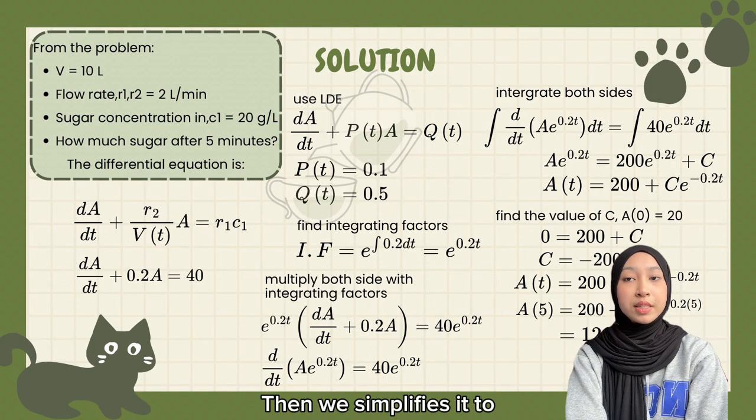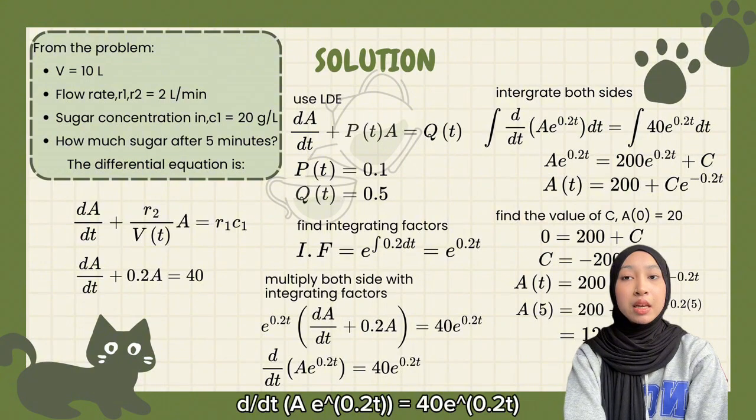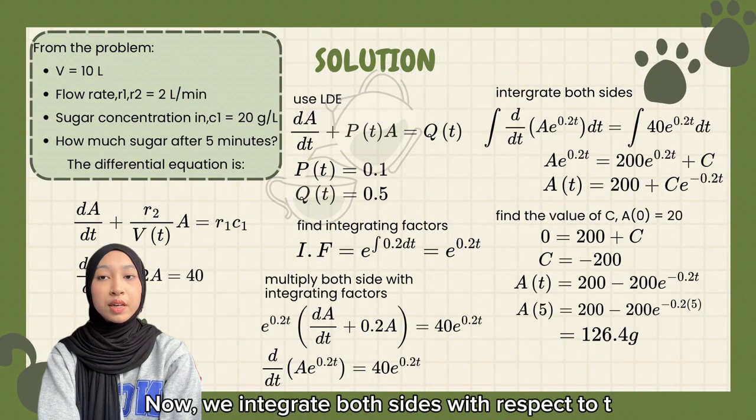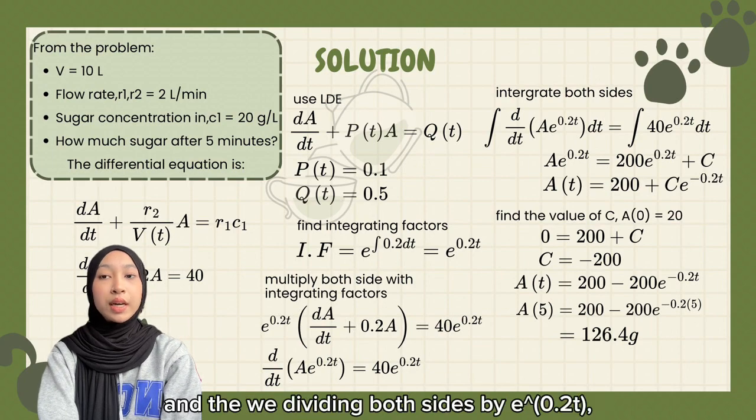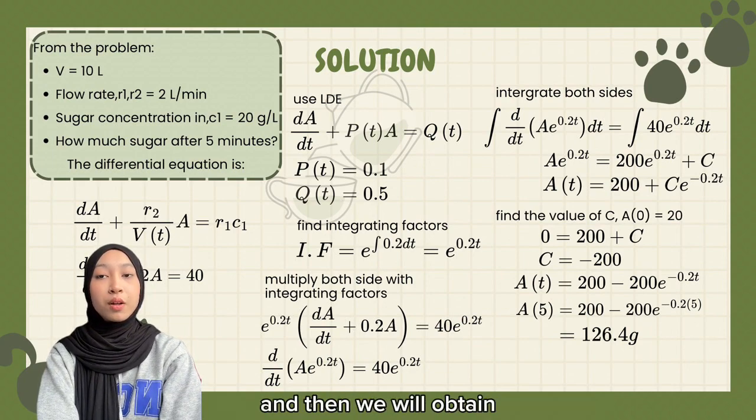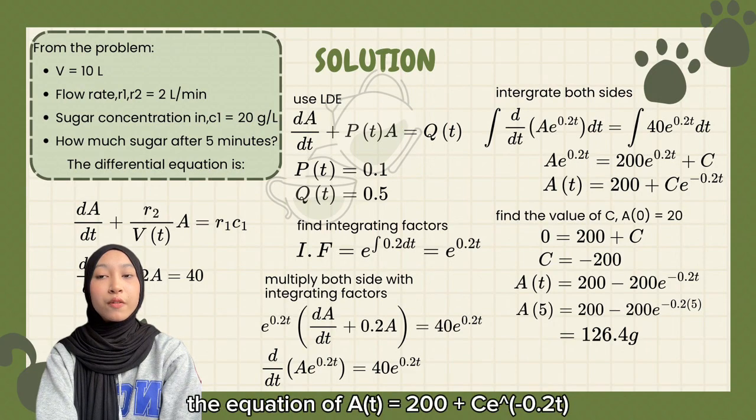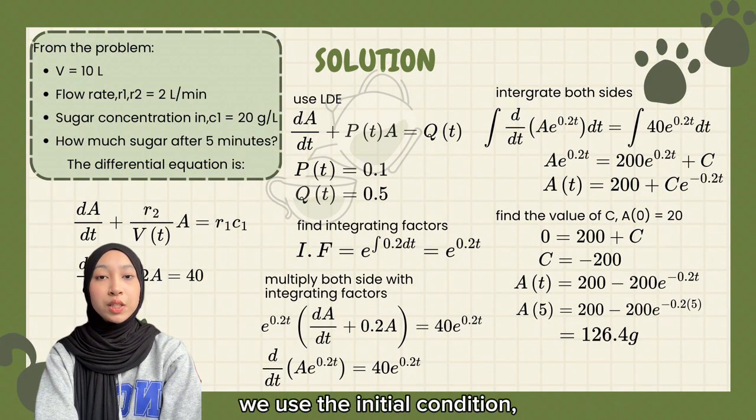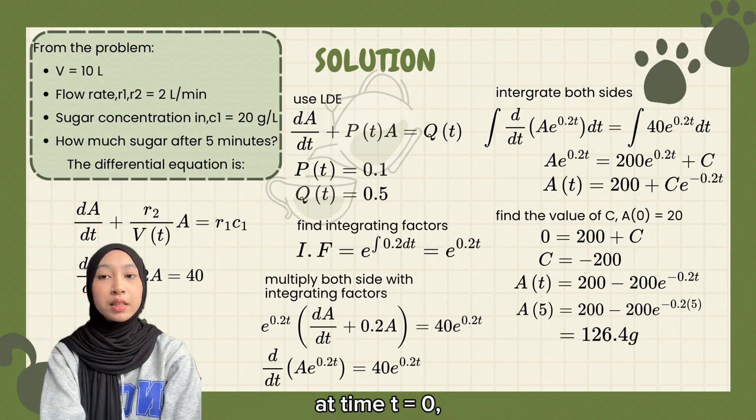Then we simplify it to d over dt of (A e^(0.2t)) equal to 40 e^(0.2t). Now we integrate both sides with respect to t, and then we divide both sides by e^(0.2t), and we will obtain the equation A(t) equal to 200 plus C e^(-0.2t). To find the constant C, we use the initial condition at time t equal to 0,